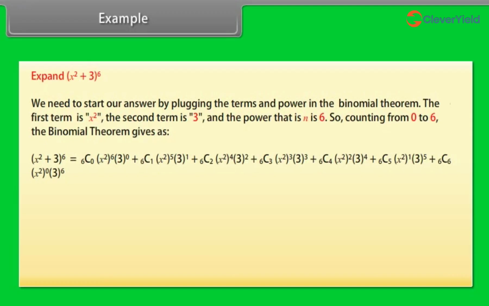to 6C0 into (x²) raised to power 6 into 3 raised to power 0, plus 6C1 into (x²) raised to power 5 into 3 raised to power 1, plus 6C2 into (x²) raised to power 4 into 3 raised to power 2, plus 6C3 into (x²) raised to power 3 into 3 raised to power 3, plus 6C4 into (x²) raised to power 2 into 3 raised to power 4, plus 6C5 into (x²) raised to power 1 into 3 raised to power 5, plus 6C6 into (x²) raised to power 0 into 3 raised to power 6. After simplification, we get